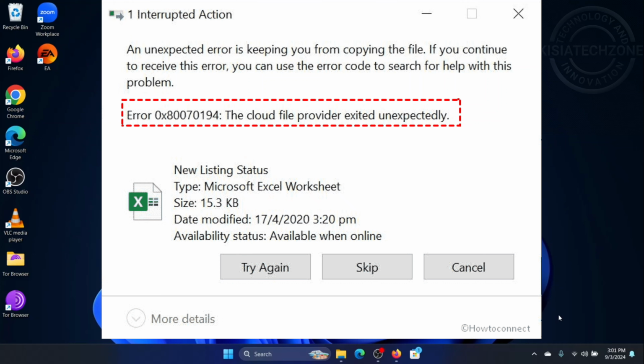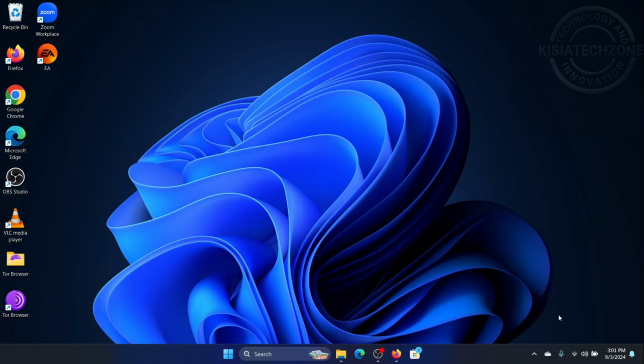Today I'll show you how to troubleshoot this error message while trying to delete your file on your laptop. So let's get started. First and foremost, you'll have to head over to the bottom right taskbar and right click on the OneDrive icon